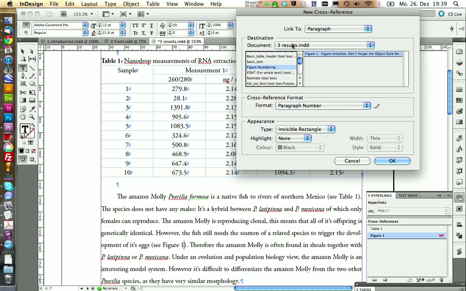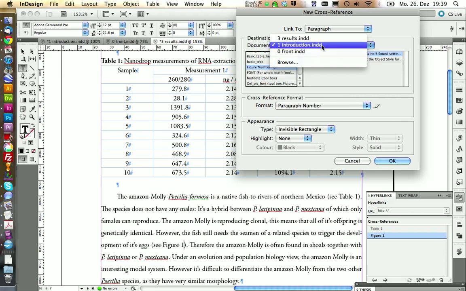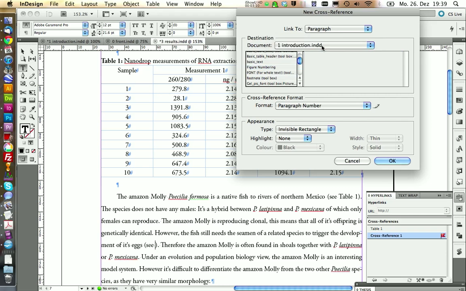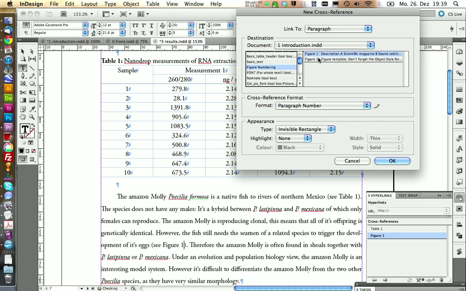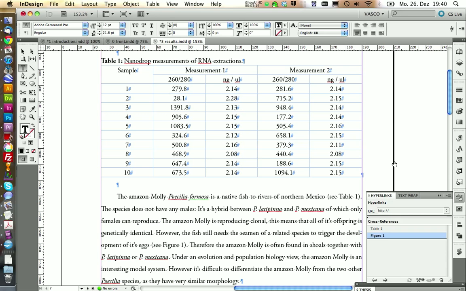If the figure would be on another chapter, we can choose the chapter in here, but only the ones that are open will appear in this selection menu. So this should be fine. You can click on OK. And there we have our reference to our figure.